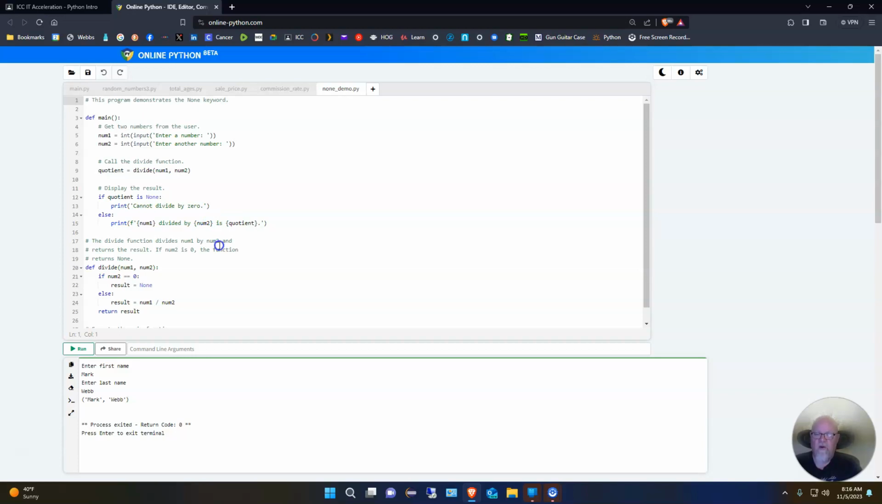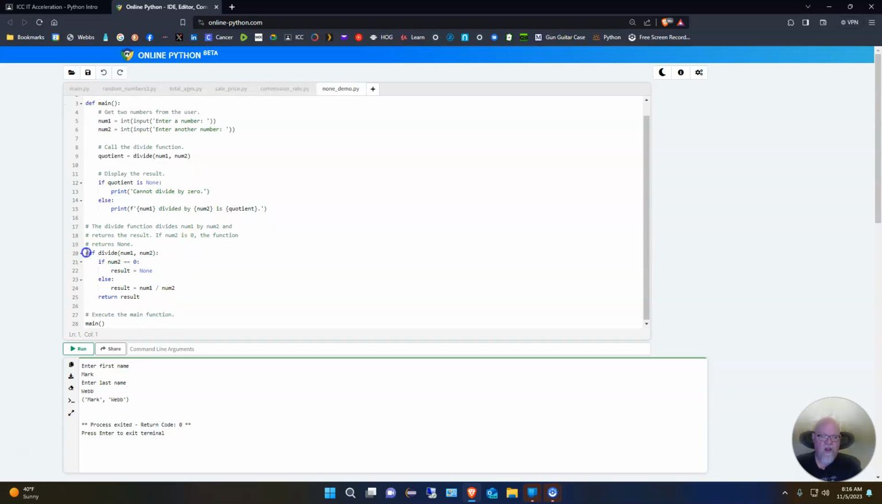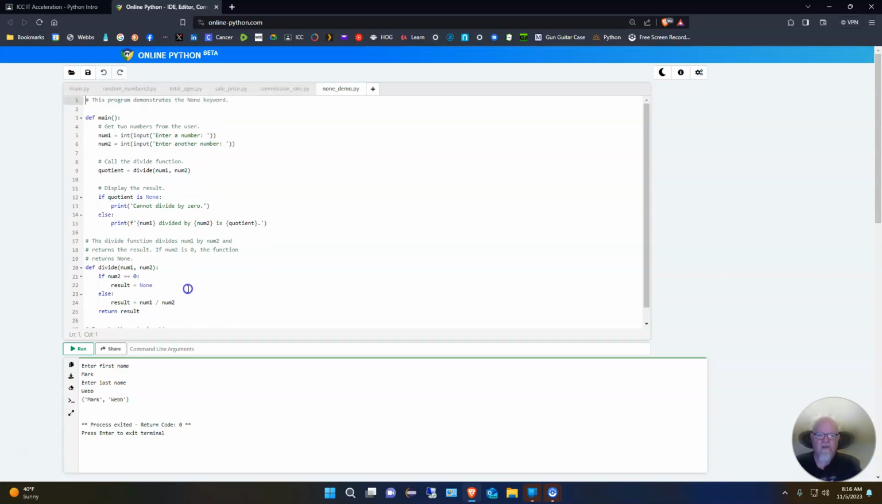That is a huge no-no in the math world. So we come down, we say, we got def divide num1, num2. If num2 is equal to 0, result equals None. Else result equals num1 divided by num2, and we return result. So when we come back,